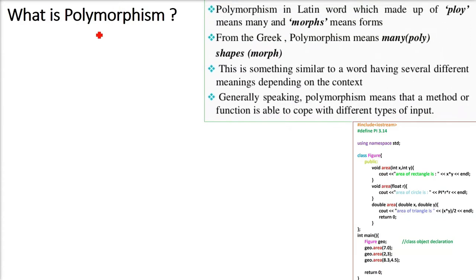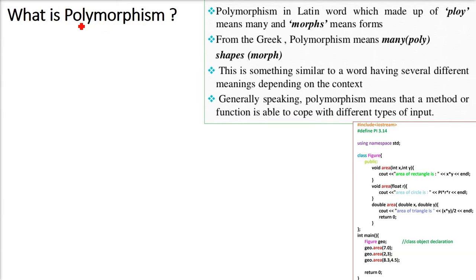Polymorphism, there are two words here. This is a Latin word, so it has come from poly and morph. Poly means many, morph means shape. For example, if I tell you a word, write, you can write it like WRITE, or even you can understand